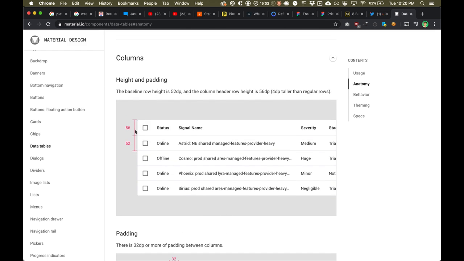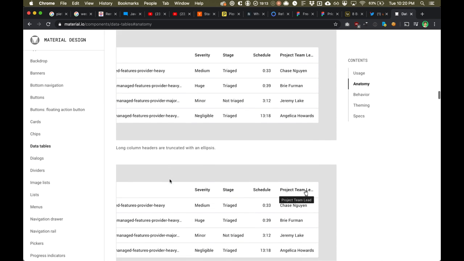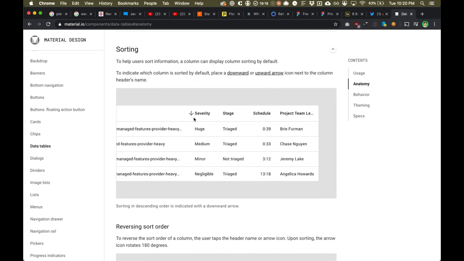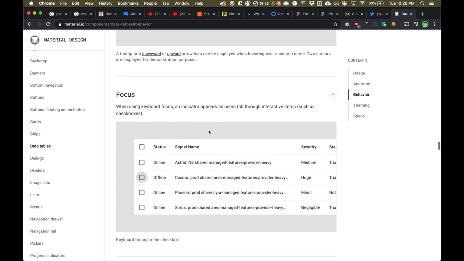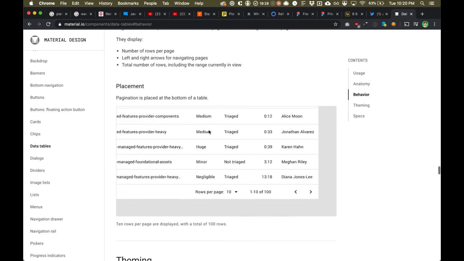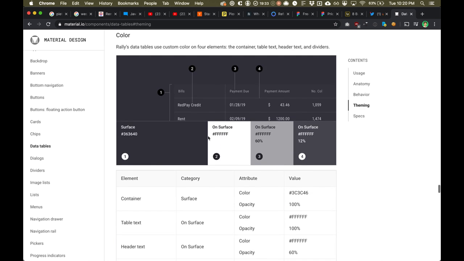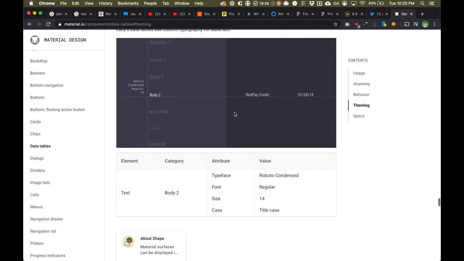They show you how tall each row should be, the padding between each section, and what that's going to look like, the visual metaphor that you're conveying when you have this type of spacing and this kind of iconography. You're just going to get a sense from reading through this, because this was made by really high-class designers who know what they're doing. And even if you just use these rules right out of the box, you're going to get a lot of value from that, right? And they're going to talk about color too, and this is important. We'll go through that a little bit later.